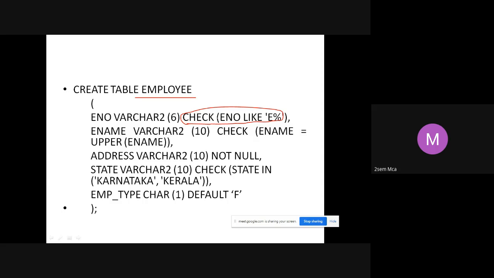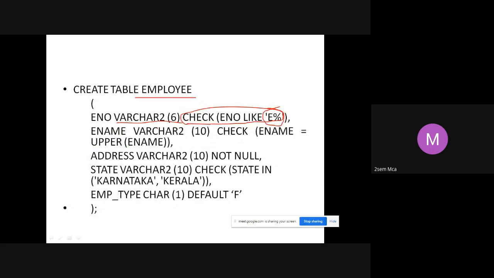That means I have defined this E number as a string, varchar2 of 6, that it can take 6 characters max. But check E number like E percentage means all my E numbers should start with E only. E percentage means the first character should be E, and percentage means that after the first character being E, I can have any number of characters. It can be anything. So we have given that percentage. This is how you represent the check constraint.